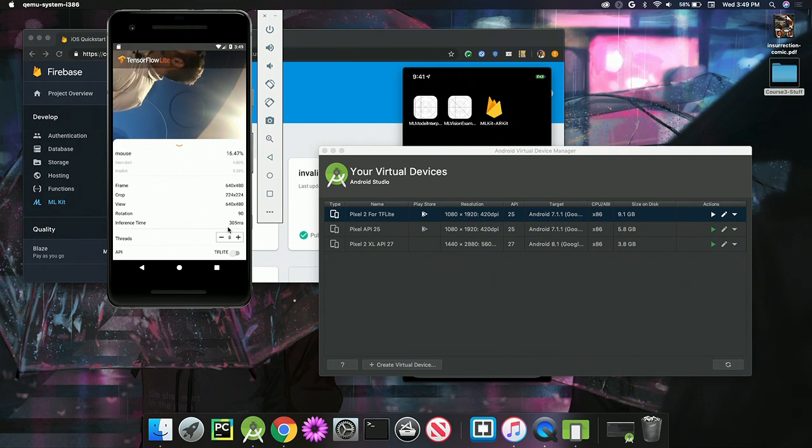So we've been building TensorFlow Lite with that in mind, to shrink the model, to optimize it, to make it super fast for inference, so you can even do near real-time inference like this running on an emulator on my laptop, which I think is really cool. So that's the demo. If we can switch back to the slides.